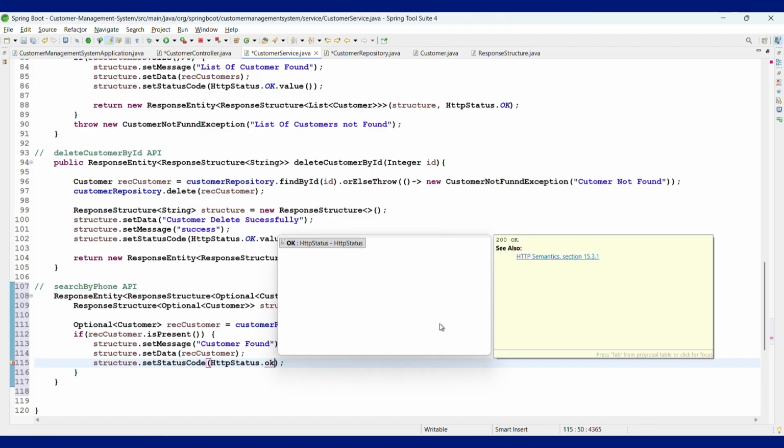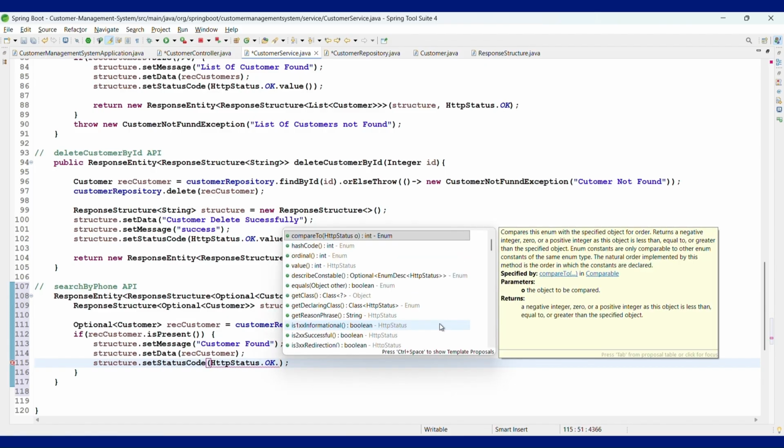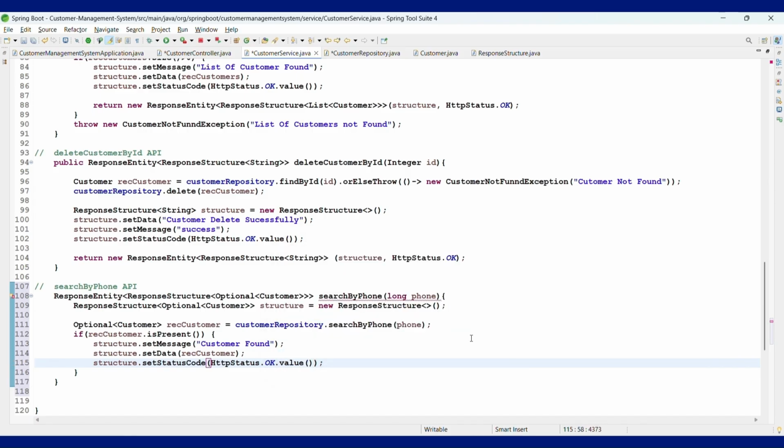Why, what happened? Okay, dot value. Okay,